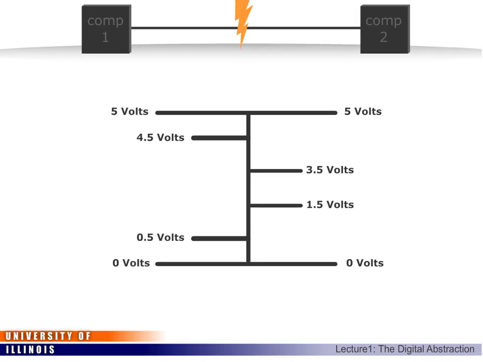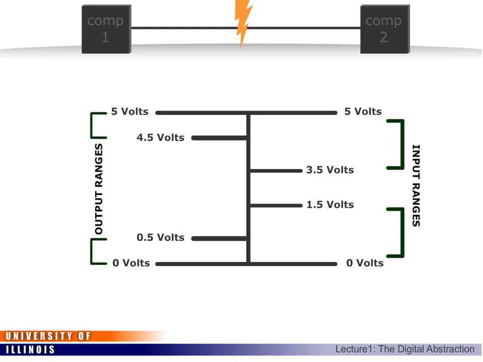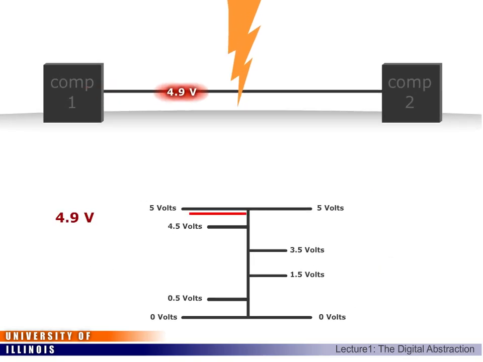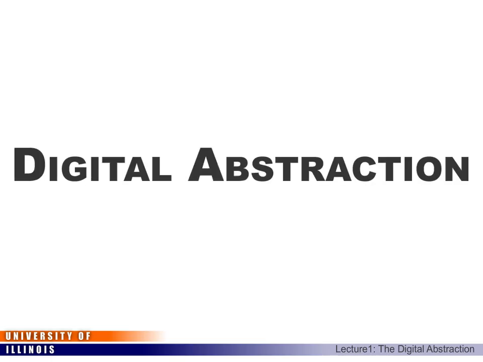Noise is tolerated in such systems by ensuring that the range of output voltages produced by a component is sufficiently smaller than the range of acceptable input voltages that noise cannot cause a sender's 0 to be interpreted by the receiver as a 1, or a sender's 1 to be interpreted as a 0. In fact, digital components are designed such that their electrical behavior need not be considered when analyzing their digital behavior. This idea is called the digital abstraction.